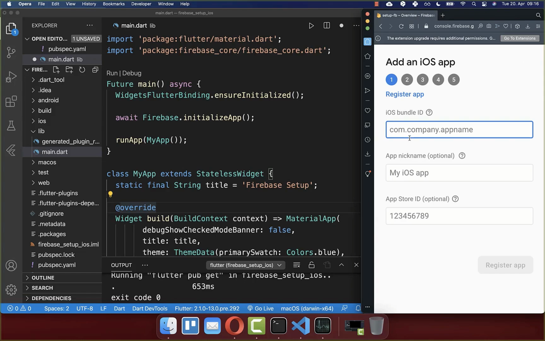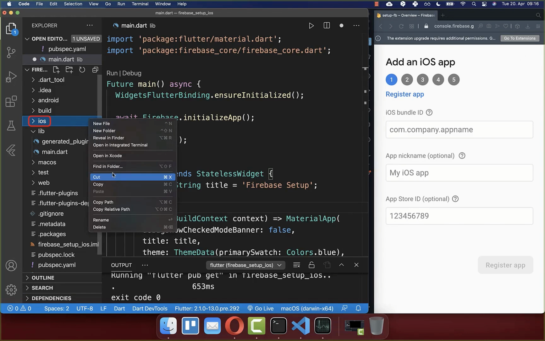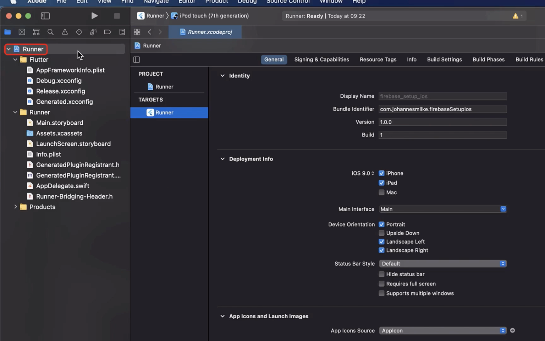To set up Firebase for iOS, we need to supply first of all our iOS bundle ID. Therefore, go to your Flutter project and right-click on this iOS folder, and here you can click on Open in Xcode. Within Xcode, you need to select Runner and the General tab, and then you can copy your bundle identifier. If you plan to release your app to the Apple App Store, make sure that you have a unique bundle identifier inside, and this is what we have done before by creating a Flutter project with our unique domain. And with this, our bundle ID is unique and we can release it later to the Apple App Store.